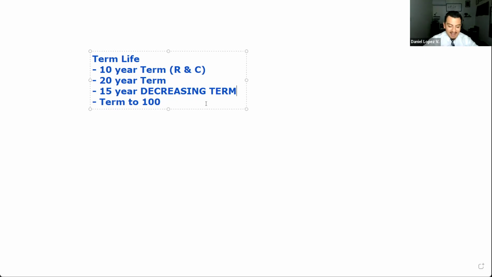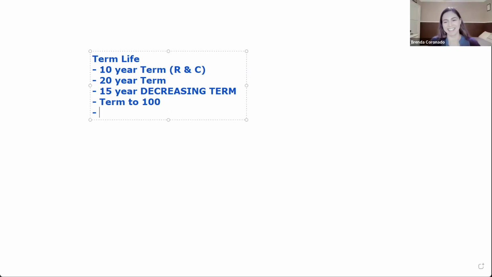Term to 100. And then Brenda always likes to correct me, She likes to show off that she has a diploma in her room and I don't. So